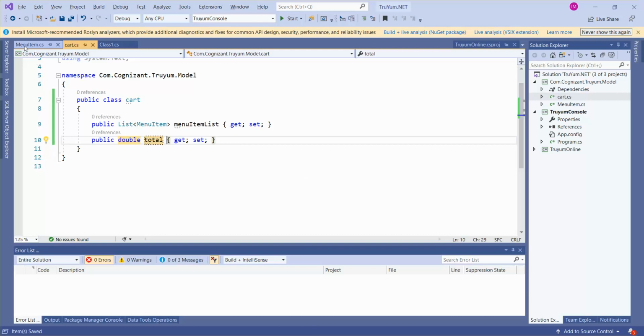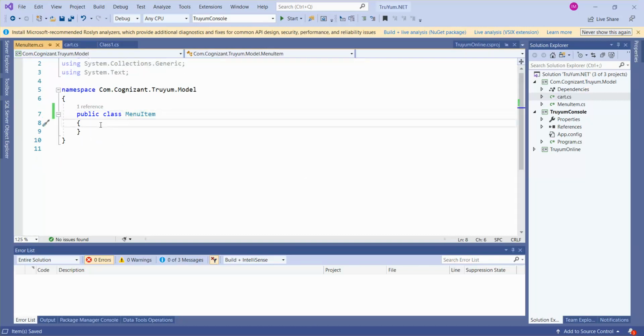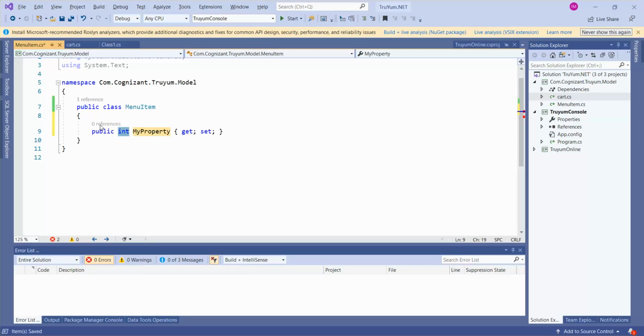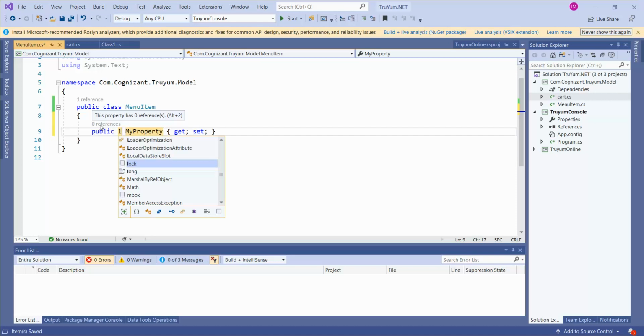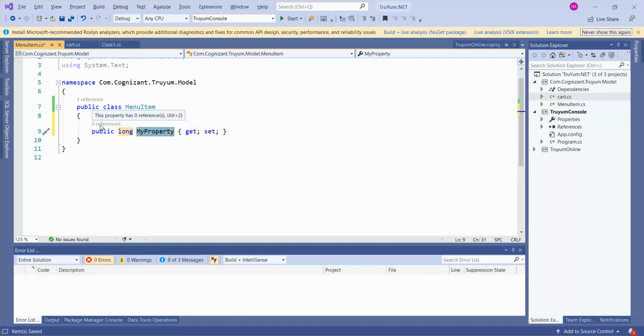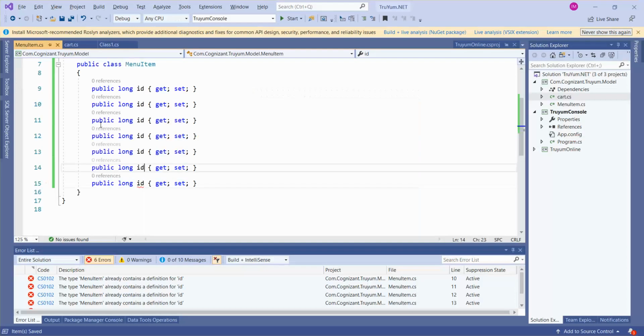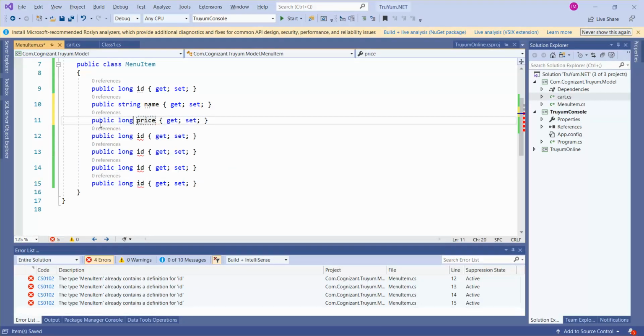Now we will create the menu item properties. The first will be ID and the type is long. I'm just copy pasting. The second one is name, string, price, float, active,